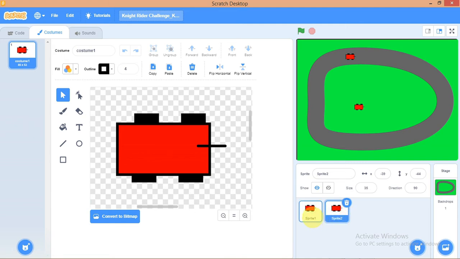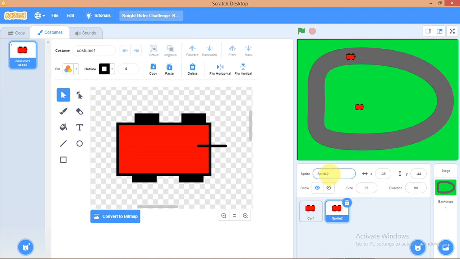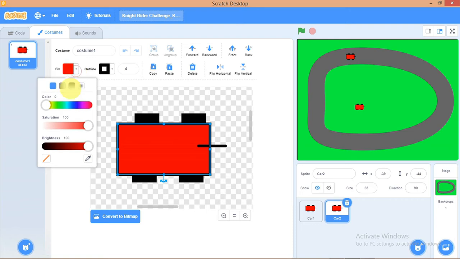Okay, so what I'm just going to do is that this one, let's just tag car 1. So then this duplicate, let's tag this one car 2. Now just change the color. So that's good. So now what I'm going to do with car 2 is that I just want to change the view color. That's all I'm going to change. So change the view color to what you put. So car 1,